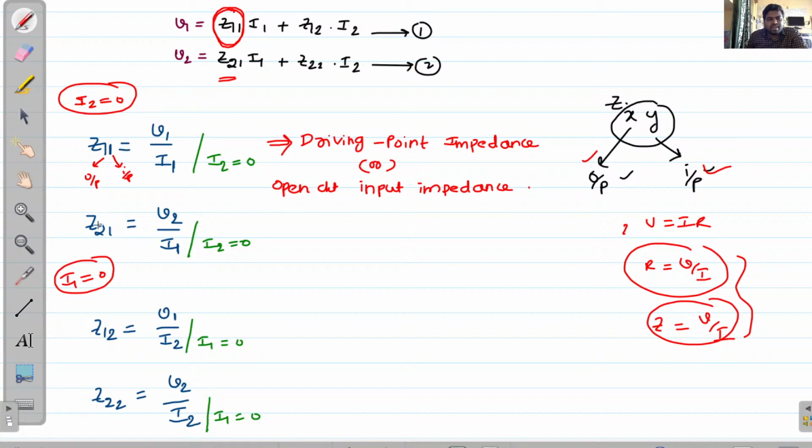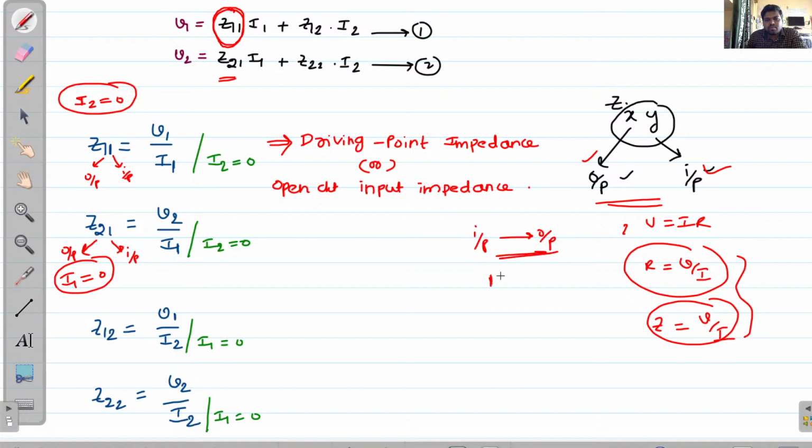In the same way, you can verify this Z21 also. Z21 is nothing but input at port 1, right? I am starting at port 1 and I am ending with port 2. That means output at port 2. This left side thing is called output, this right side thing is called input according to our notation, right? So the impedance can be transferred from port 1 to port 2. Why am I considering port 1 to port 2? Because always we can travel from input to output.